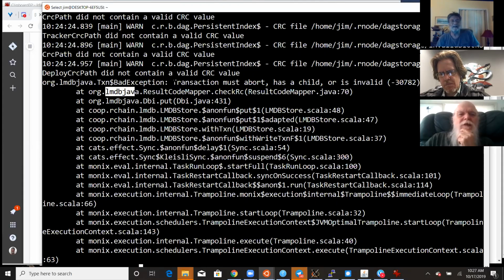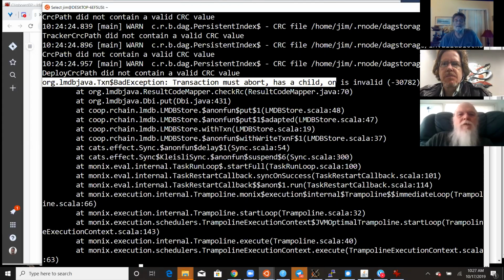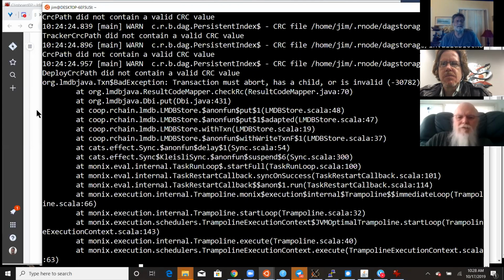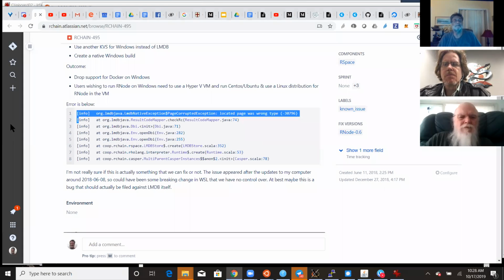CRC path did not contain a valid CRC value. And then we have org LMDB Java transaction bad exception. Transaction must abort, has child or is invalid. Yeah, that's a different error. And I think I looked it up, but I'm not sure.